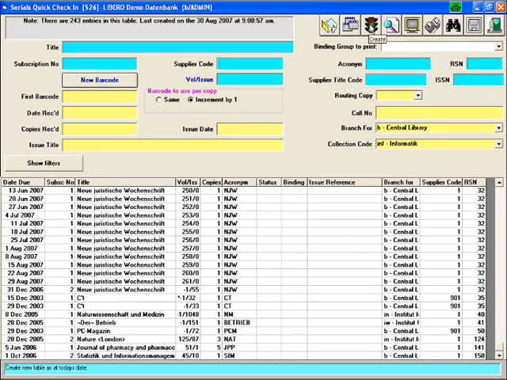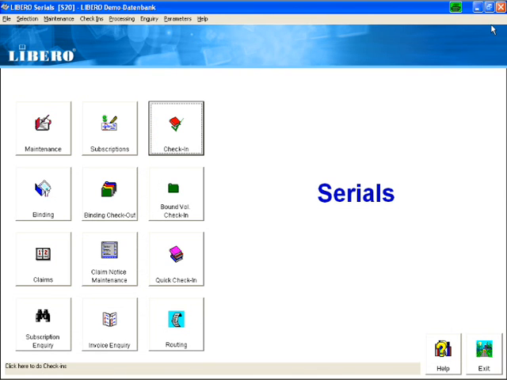And when you recreate the table of the outstanding issues, then this entry will have disappeared. So this gives you a very good overview and makes serial check-in of a bulk serial processing really easy and fast. After having explained the basic functionality of the serials module, we will now take a look at the web